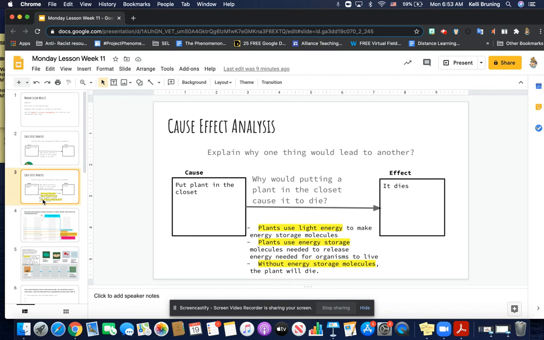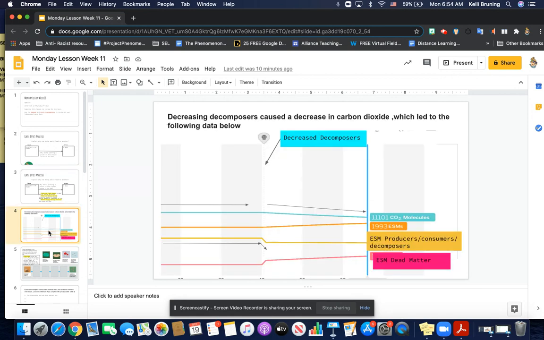living. So when we take this example and apply it to our carbon cycle, we want to look at the series of events that caused our carbon to decrease in our ecosystem, that caused carbon to shift to different parts of our ecosystem. So we know from gathering our data last class, so if we remember our data we gathered from last class, this is a little snapshot. We know that decreasing decomposers caused a decrease in carbon dioxide, which led to our following data that we gathered below. So we decreased decomposers, which happened here,